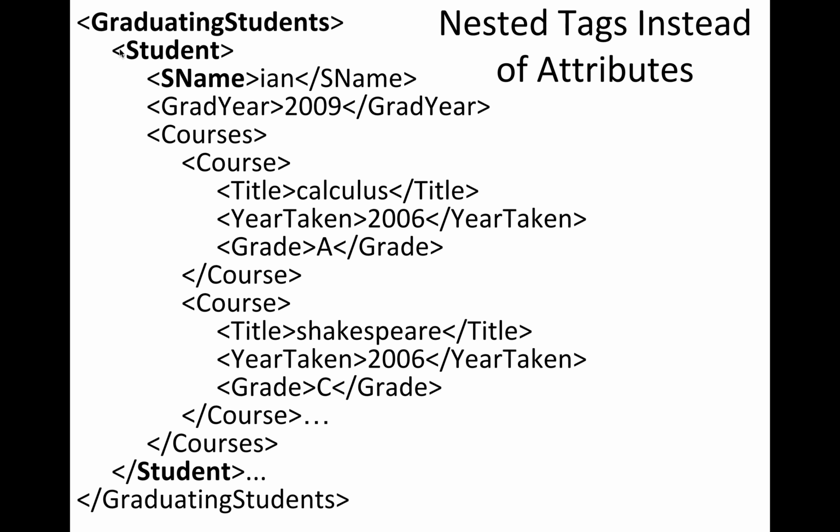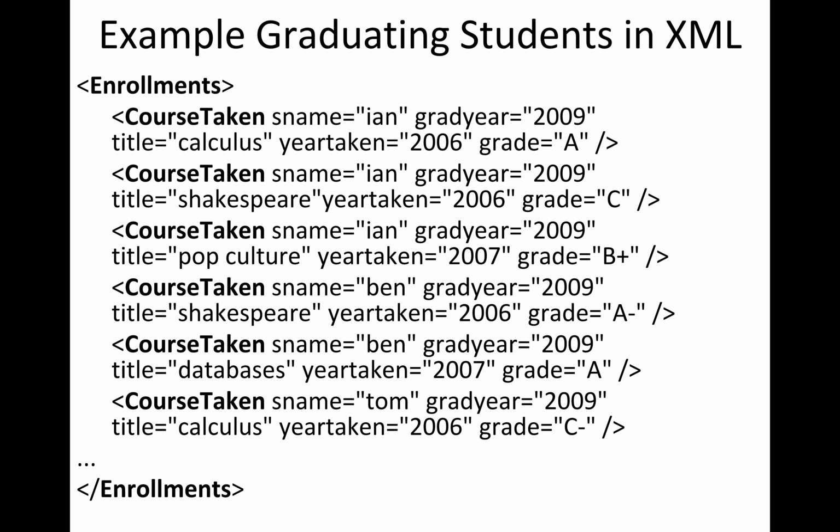We have the same issues of normalization that we have in the schema when we talk about relational databases, of redundancy and whatnot. Same concerns apply here. We have the issue that the name of the student is repeatedly represented here, Ian, Ben, and you run the same risks that redundancy gives you, of inconsistency. If I inadvertently change one of these records but don't change the other ones, then I would run the risk of inconsistency.